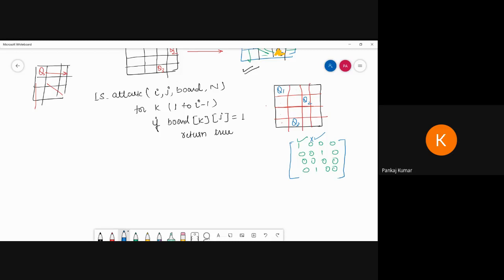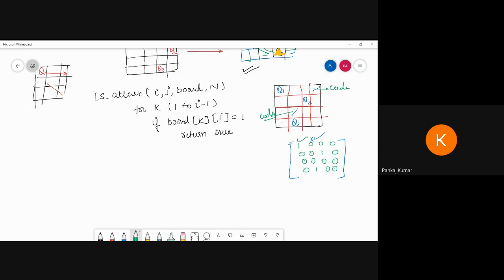After this, I have to write a condition for the right upper diagonal. So I am talking about from here. Suppose I am here. This right upper diagonal, then I am going to check left upper diagonal. Then we have to check like this one. Okay, so the column will be checked, then over. Then I have to write the code for this position, and after this we have to write the code for the other position one by one.